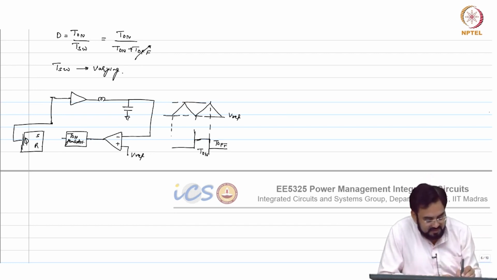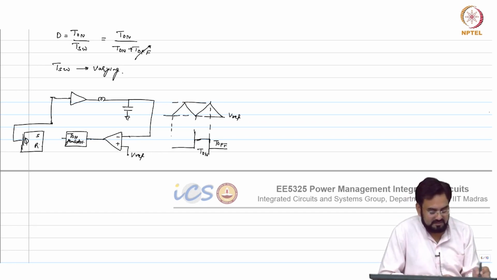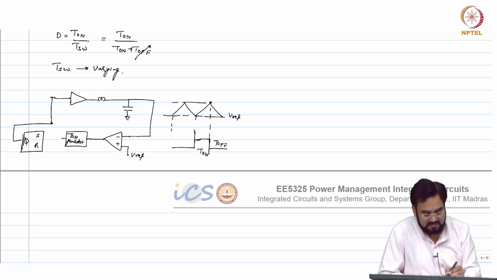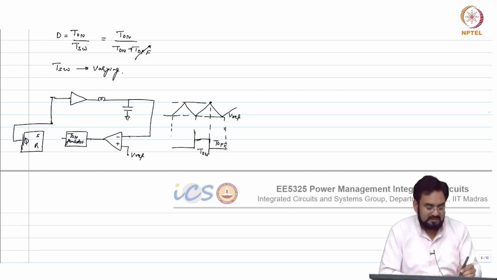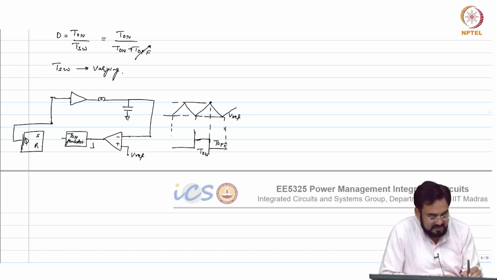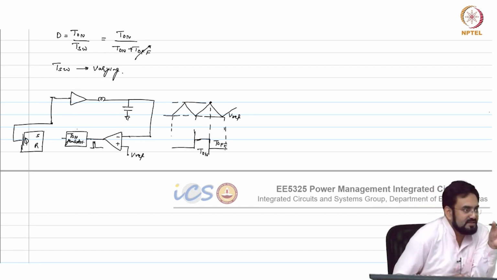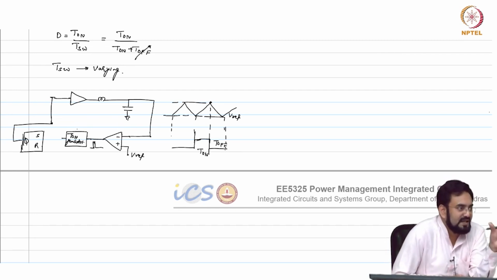So whenever this goes below your valley or Vref, then you set it again. So when this is below, the flip flop will trigger, and then you again trigger your next T on pulse, which is a one shot pulse, and that on time is in your control.